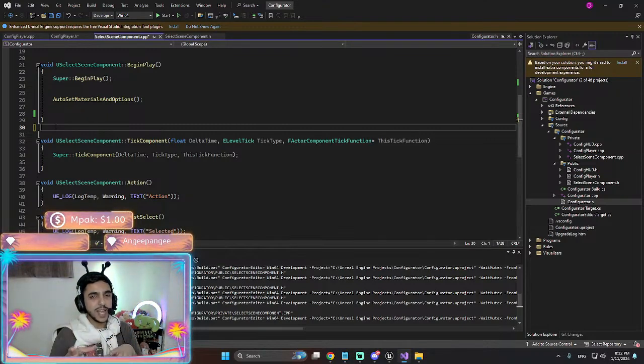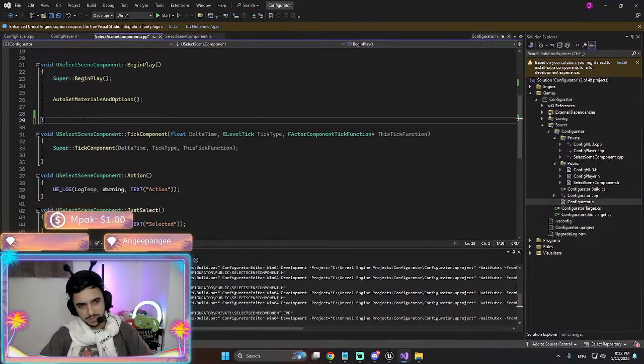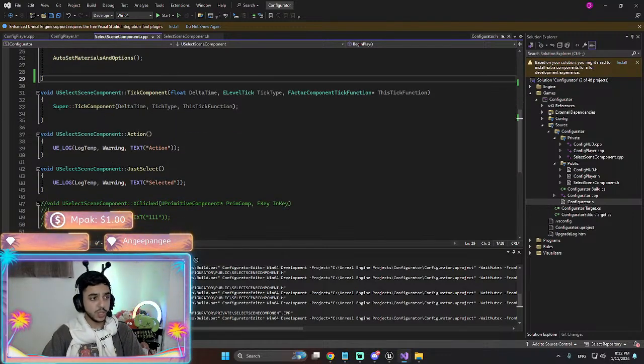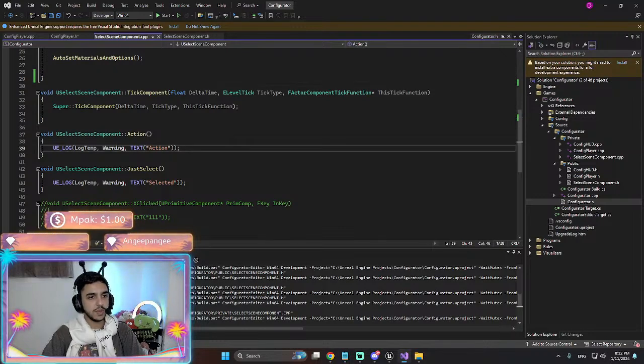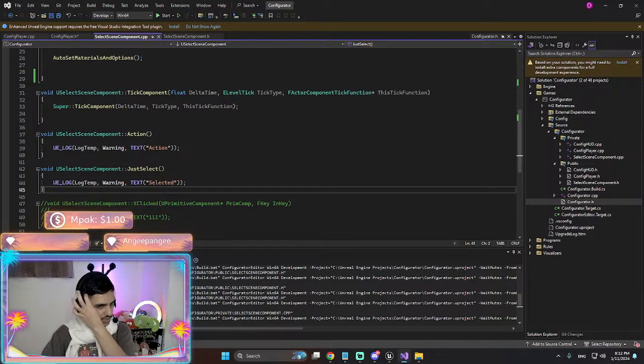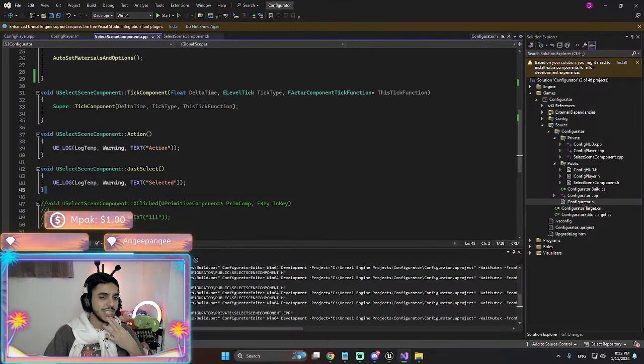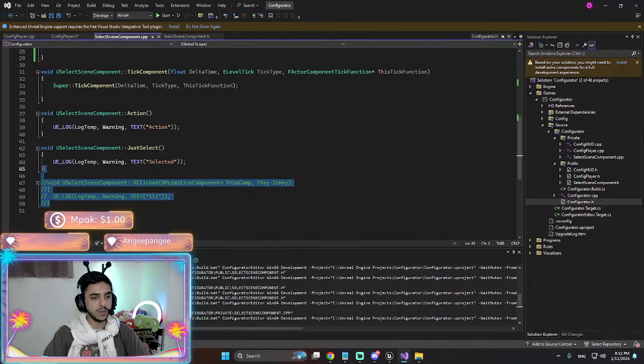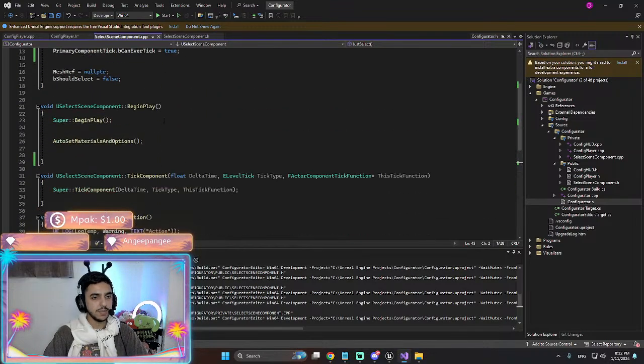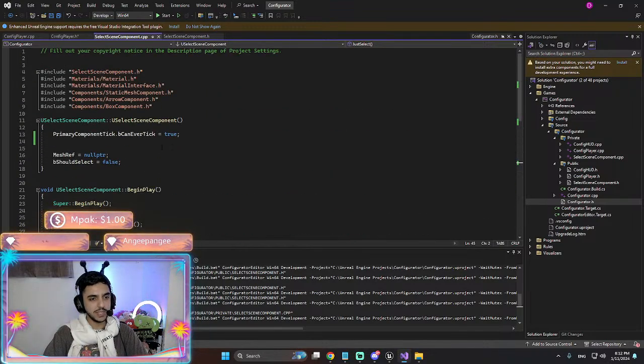But if I do that, not everybody can use this in their project, so that's why I'm ditching it. Probably it's a good idea to keep it off. If people request it, I'll put it in. So action, we need action. Just select. Of course, we need just select as well. Okay. So yeah, very simple.